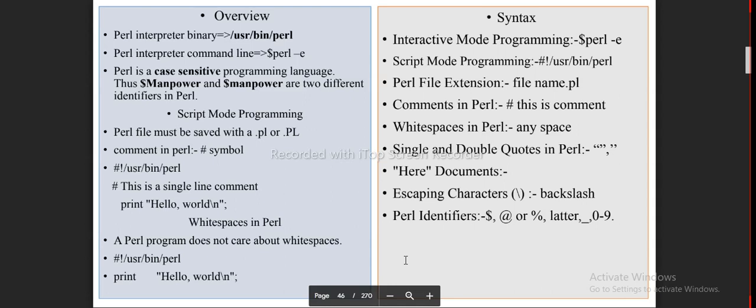A Perl file must be saved with a .pl or .pm extension. Comment in Perl: hash symbol. #!/usr/bin/perl # This is a single line comment. print "Hello, world\n"; White spaces in Perl. A Perl program does not care about white spaces. #!/usr/bin/perl print "Hello, world\n";